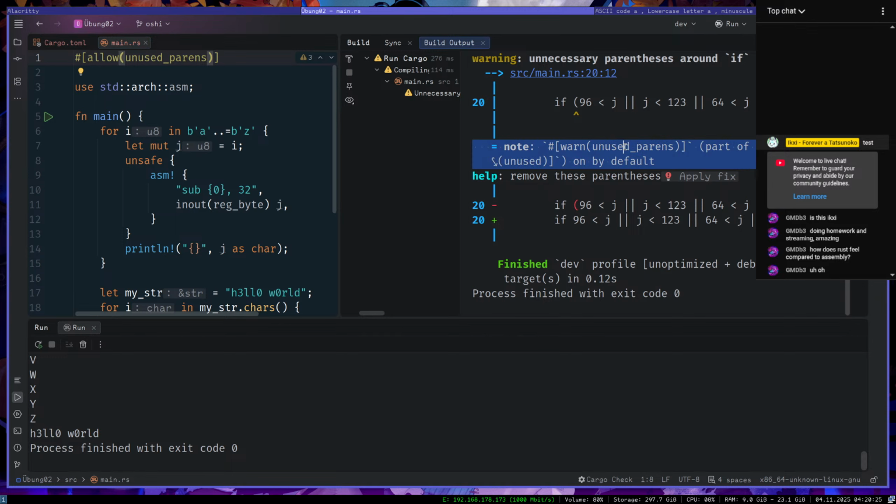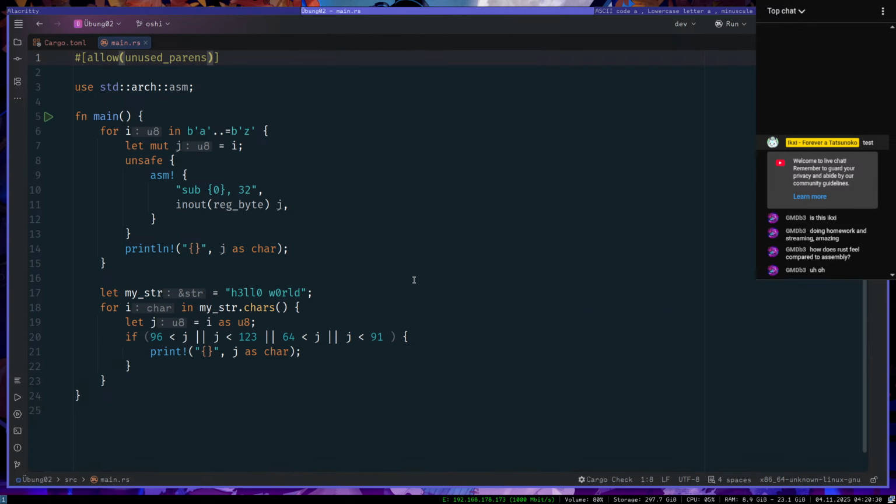Oh, come on. No, I'm not gonna remove these parentheses. It's gonna look stupid. Sure, I can remove that space there. Okay, so yeah, this doesn't work.